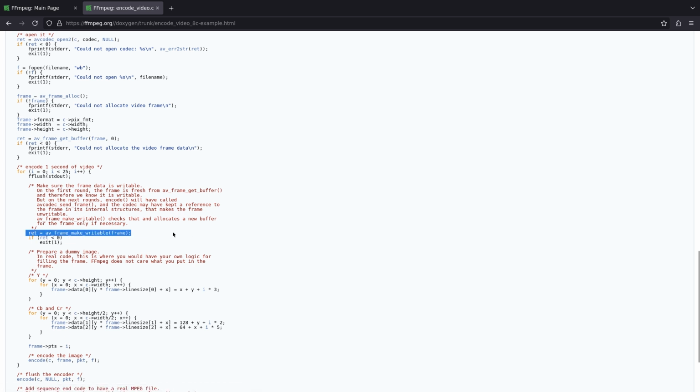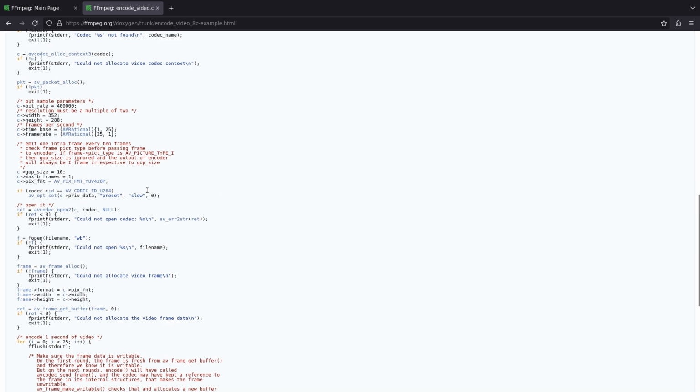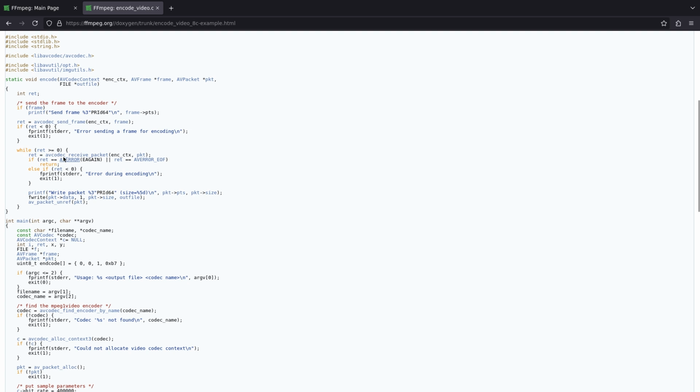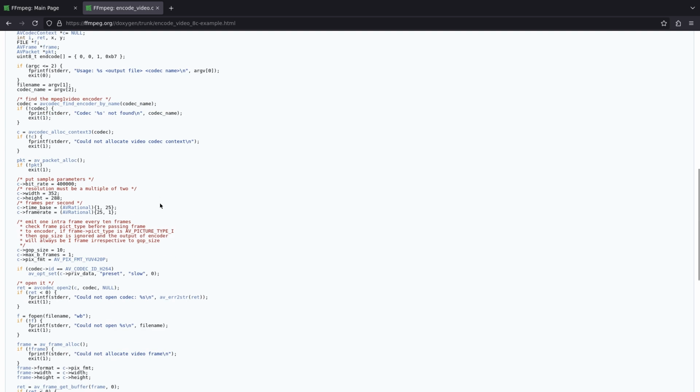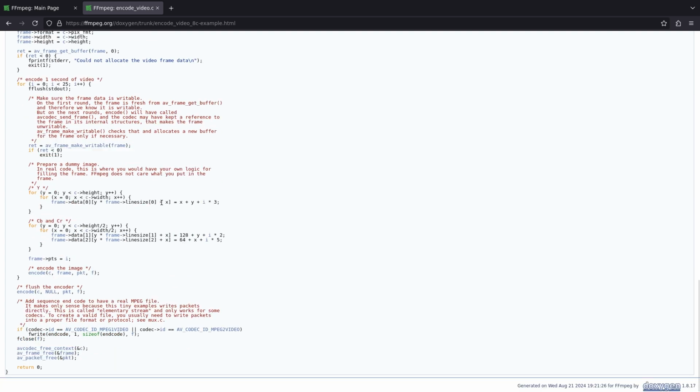This doesn't matter so much to us right now, but it will at some point. And then they just encode the frame, which involves just sending it to the encoder and then receiving it from the encoder. So this is pretty much exactly what we were doing, which raised the obvious question, why it no work?